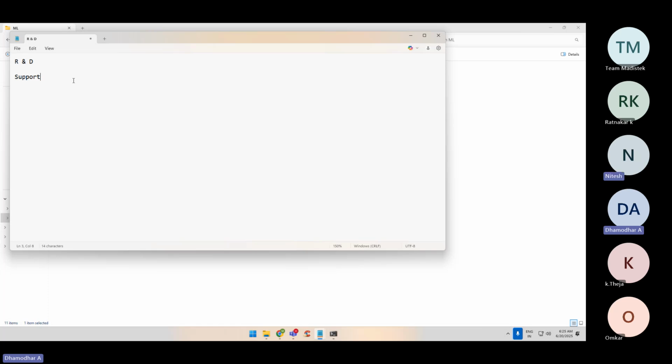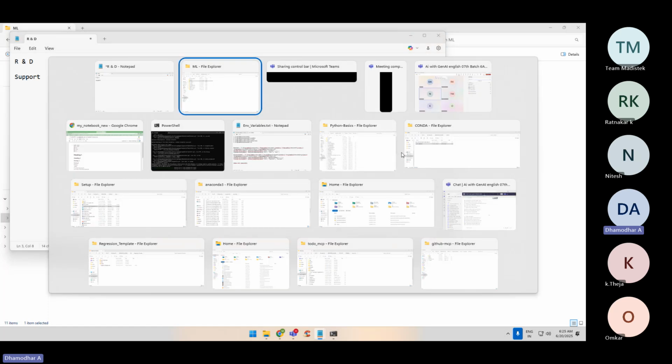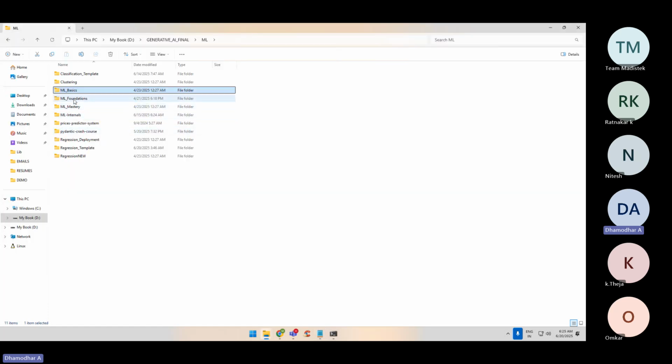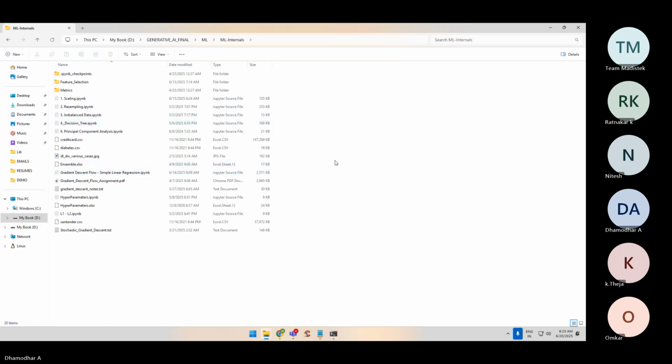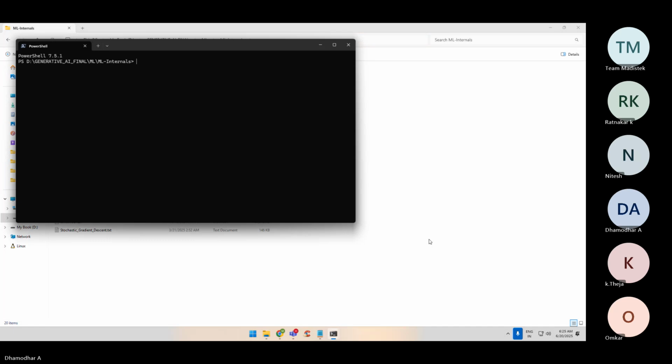So this course is basically to prepare you to get into support projects, support related projects, not in research and development. Of course, we will discuss things in depth. Let me give an example, something that you might have not seen online. Let's take ML internals, right? So in this case,